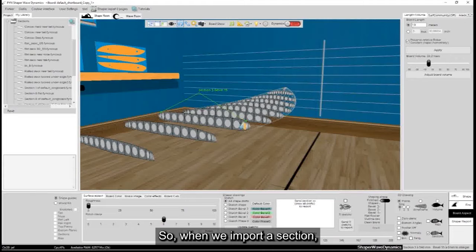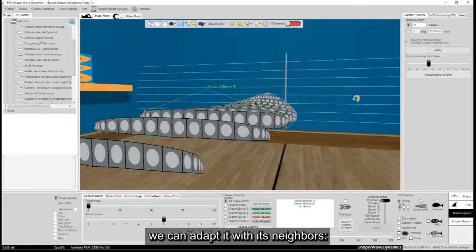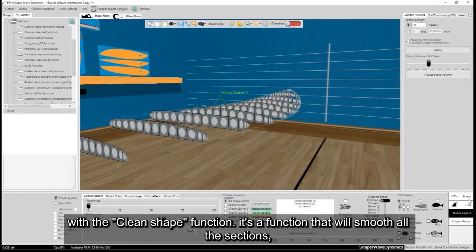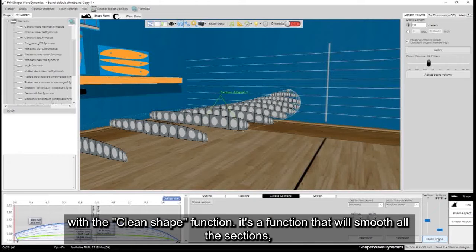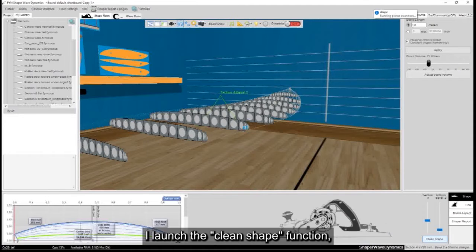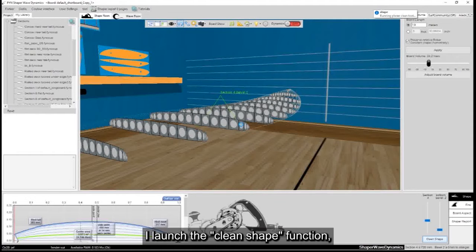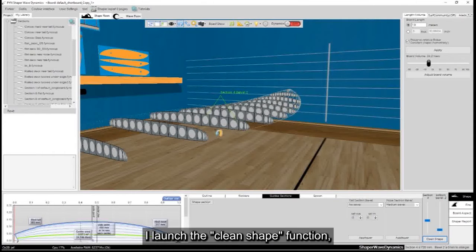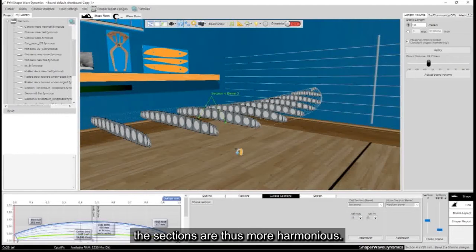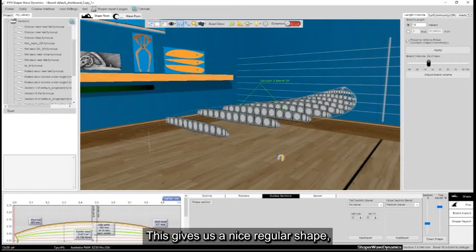So, when we import a section, we can adapt it with its neighbors with a clean shape function. It's a function that will smooth all the sections to make them harmonious with each other. I launch the clean shape function. The sections are thus more harmonious. This gives us a nice regular shape.